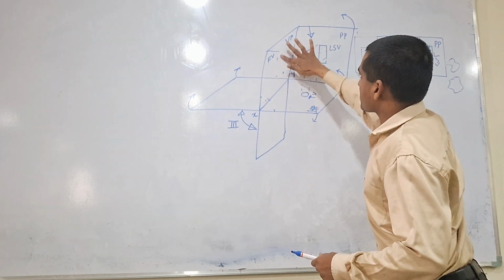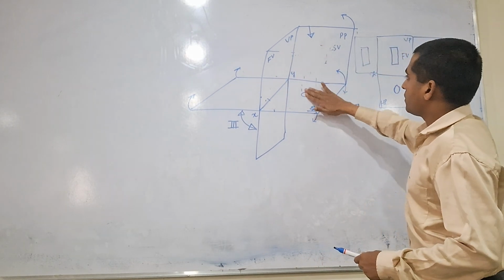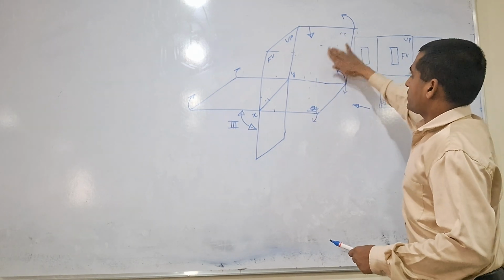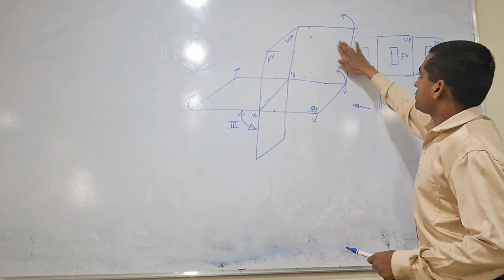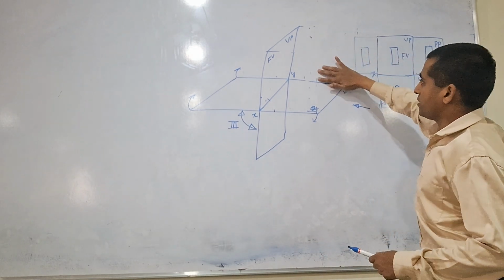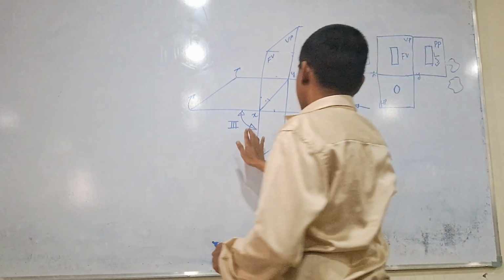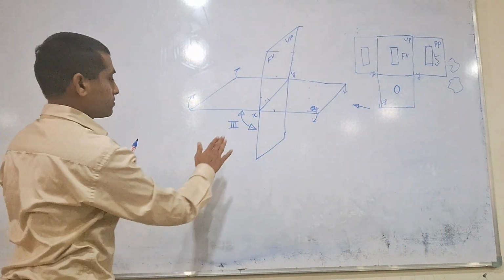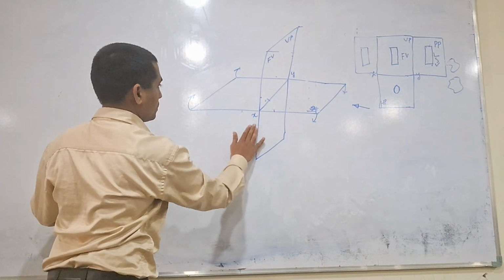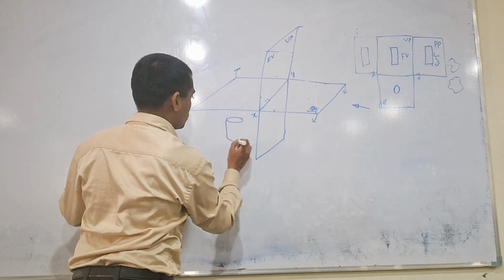So now, similarly, if we place this cylinder in the third quadrant, what will happen? See, we are observing the positions of the views. Okay, try to understand this. Now if we place the cylinder in the third quadrant here, so we are placing the cylinder here in the third quadrant,